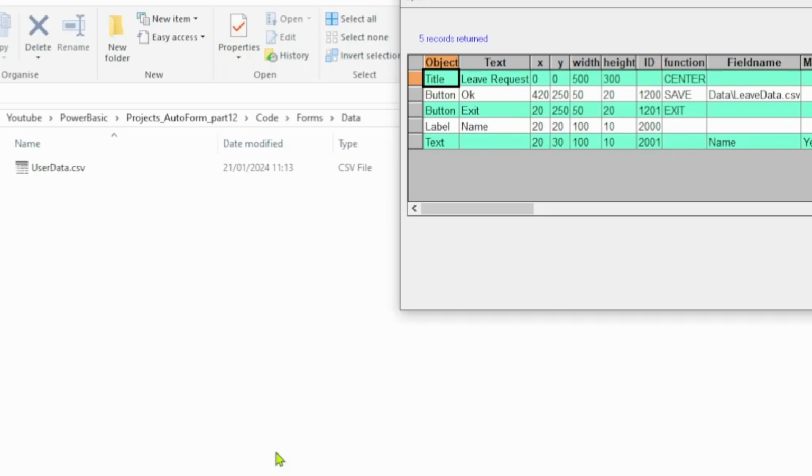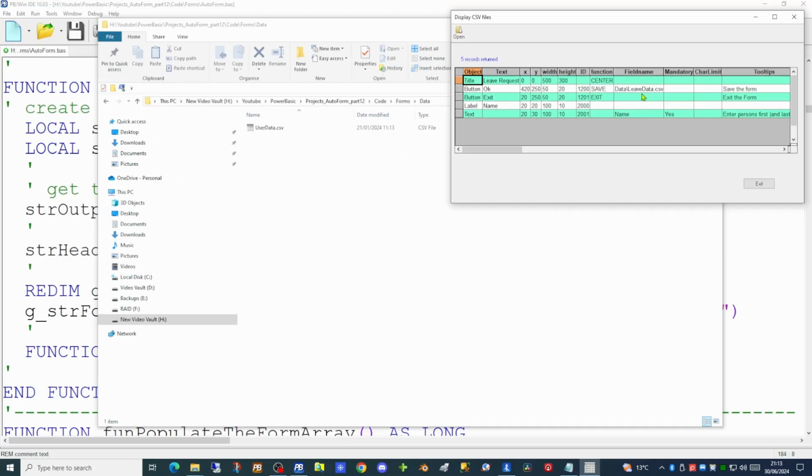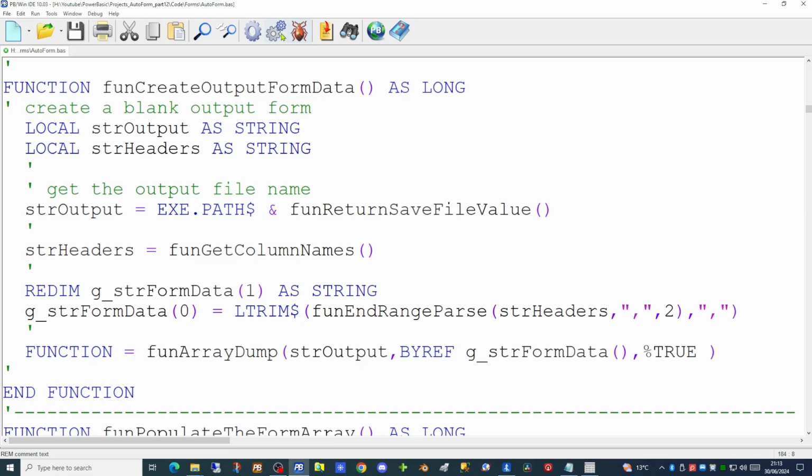The CSV file that will be created when we run the application is configured in our config file, and it's going to be called leavedata.csv. As we can see, this does not currently exist as an output file. If we run our application now,